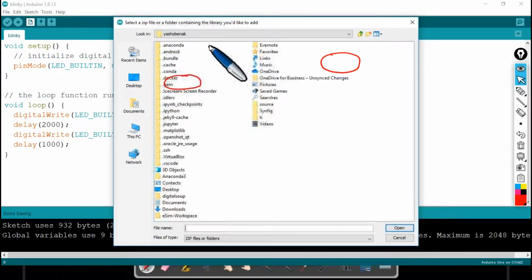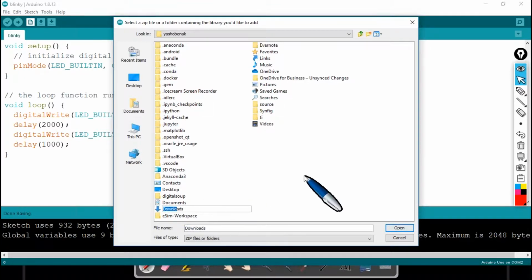it should open up one more window wherein I got to browse to the path where my zip file has been downloaded.